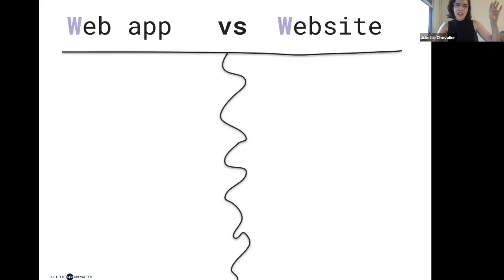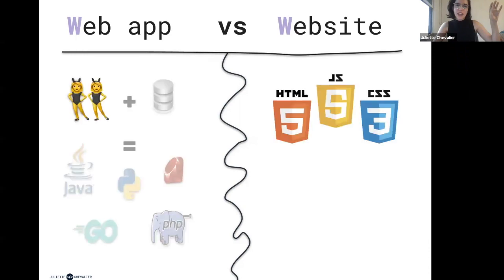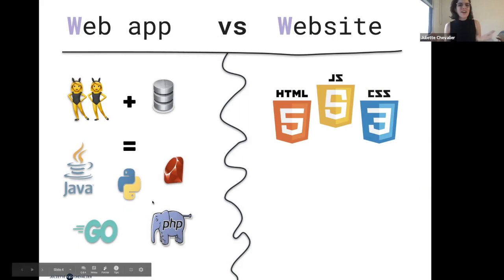So at that point, you run into web apps. And this is what I said the real difference here is that when you're talking about a web app, we're talking about Facebook, Google, Instagram, Uber. It's all of these platforms where you actually are interacting, you're contributing, you're creating content, you're paying, you're giving information back. And whenever you're running that, then you need a server-side language. So for a web application, you're usually always going to need a server-side language.